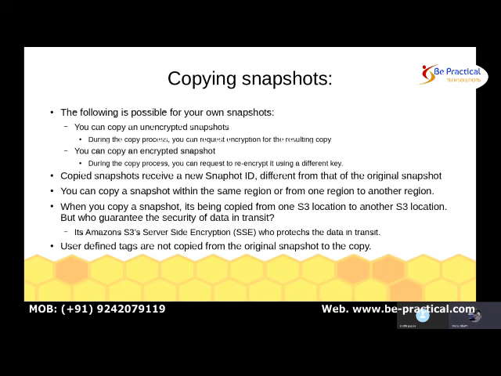So one main thing we wanted to know is, when you create a snapshot, where is it going to be stored? It is going to be stored in an S3 location. And this S3 location is not our S3 bucket. It is a bucket created by AWS itself, and AWS takes care of it. You cannot see where it has been stored, and you will not have access to see those things. But it is a fact that it is stored in S3.